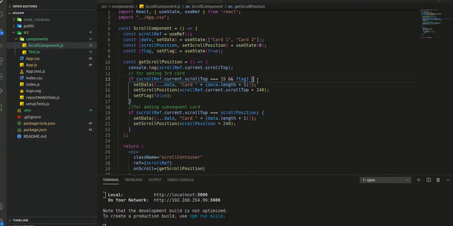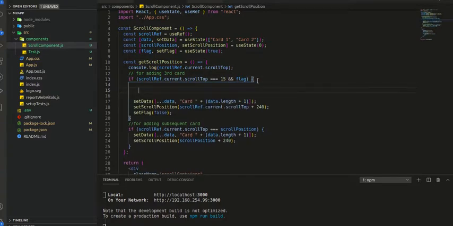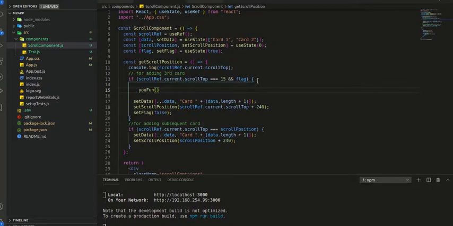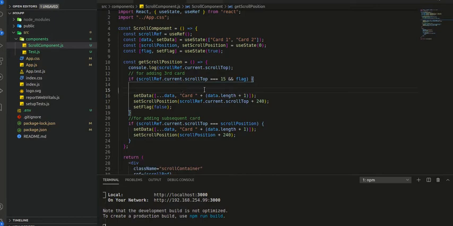In place of this, you can have your function which will call some API, and after the result of the API is returned, you can set that result to this set data, and structure your data accordingly. So in case of an API, you just need to call your API function here, and write the logic accordingly on the basis of the incoming data, the result of the API. So yeah.